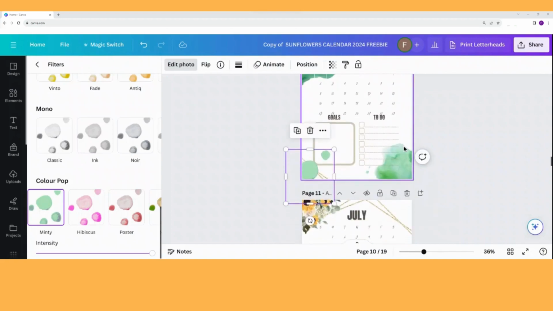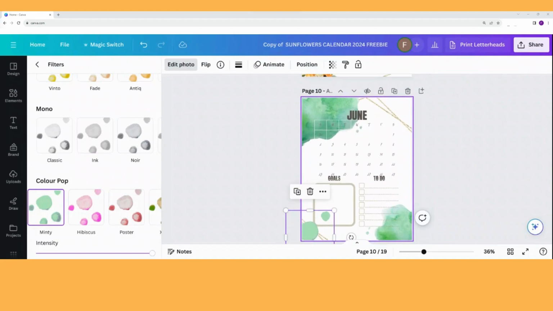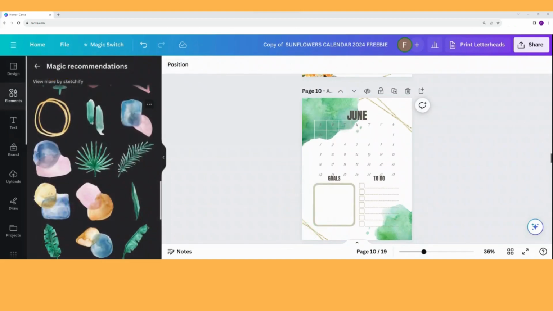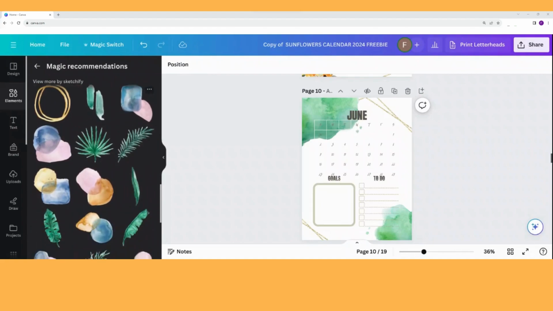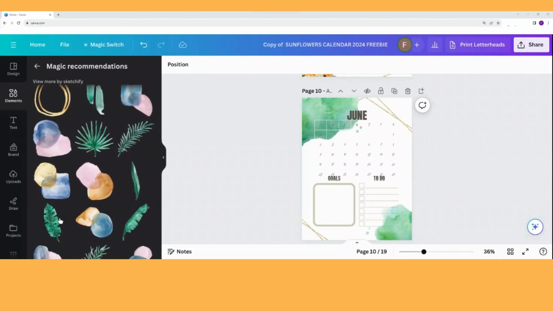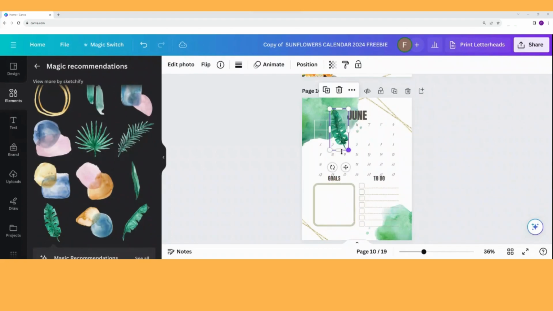It's just a thought that I had to bring a bit more color to the page. I guess I could have added a leaf element or something like that. Something that's a similar color, like a matching type of element,